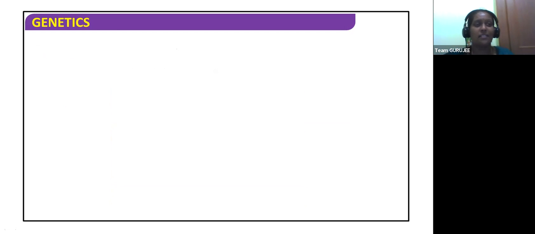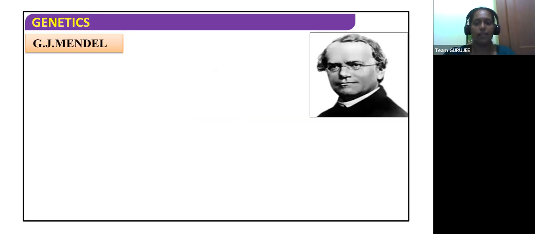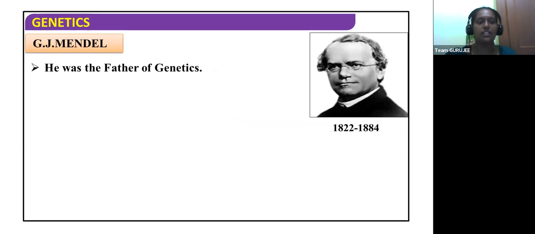So this has not been a recent thing. We well know about this person called Gregor John Mendel, who was said to be the father of genetics, who performed all these experiments way back in the 1800s. So what did he do? Gregor John Mendel, 1822 to 1884, is really called the father of genetics. Actually, genetics has different branches. This is called classical genetics or Mendelian genetics, where we talk about Mendel's discoveries and his findings.